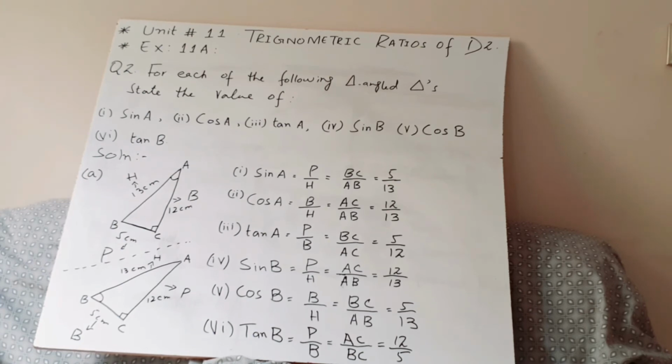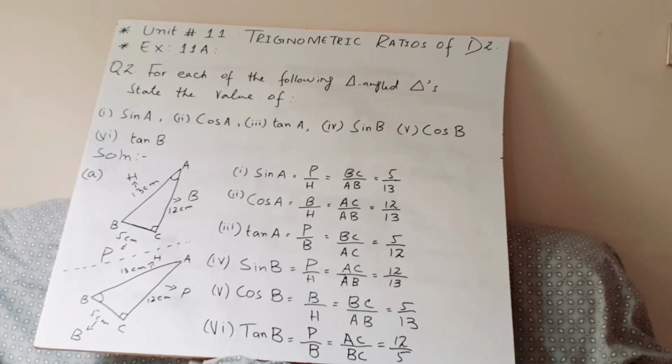Okay, so we haven't changed the sides. AC length is 12, BC is 5 centimeter, and AB is 13, which is given in the question. But we have taken the right angle at B in this, and according to that acute angle, we have identified the names of the sides. Now sine B equals sine, the same thing: perpendicular upon hypotenuse. In this case, when we take the acute angle at B, the perpendicular will be AC divided by the hypotenuse, which will be AB.